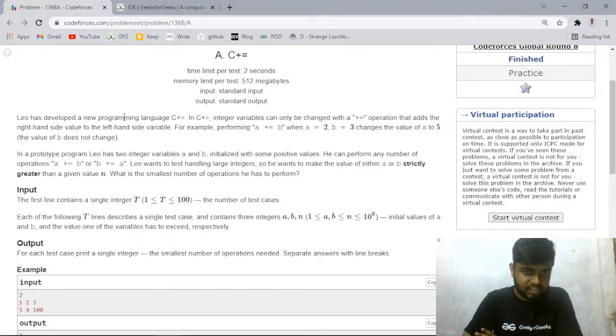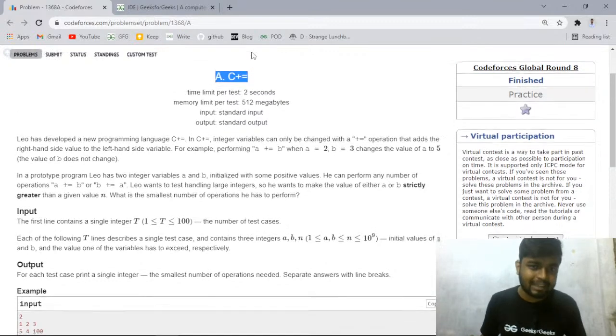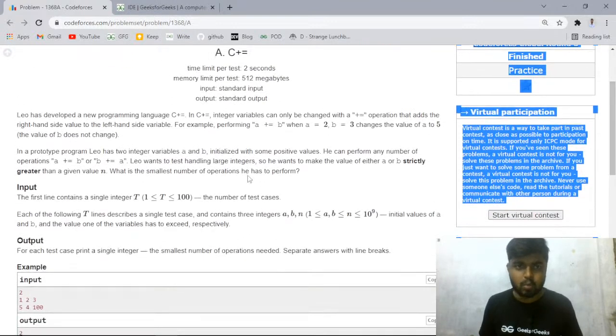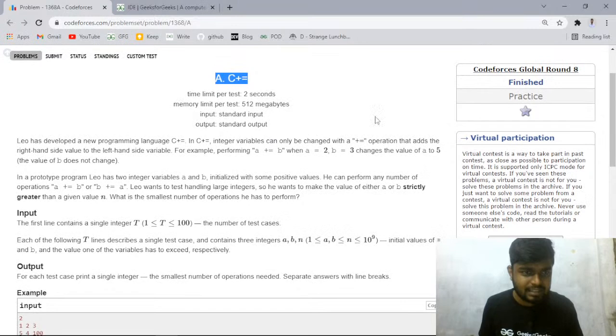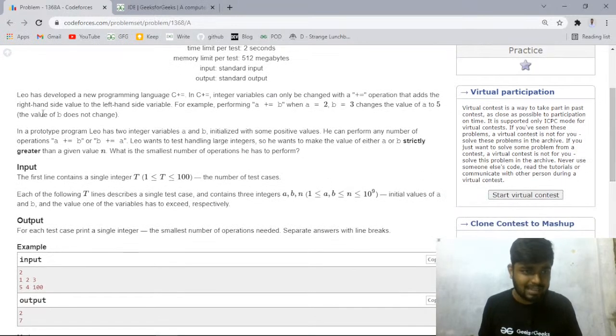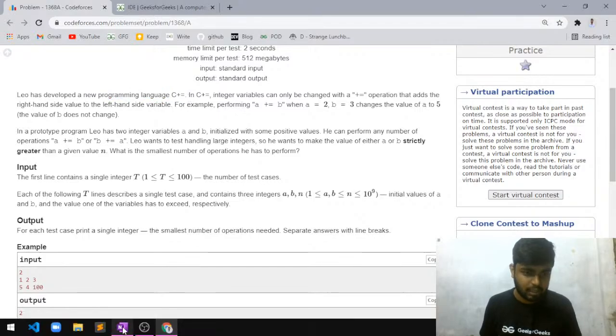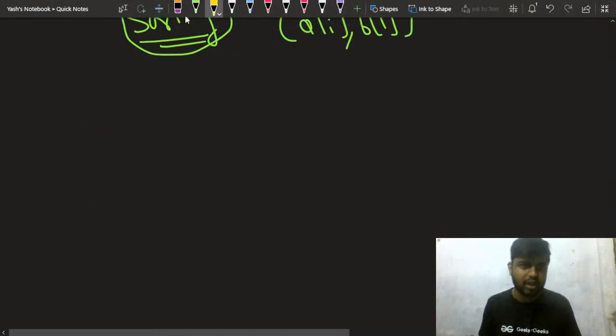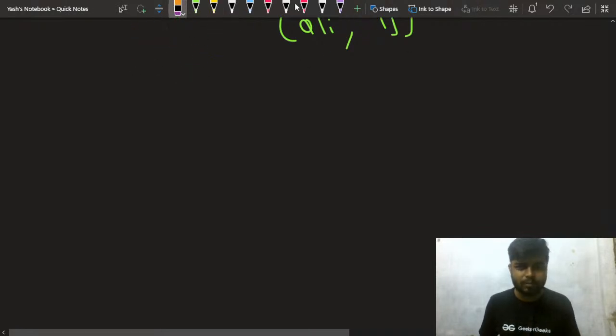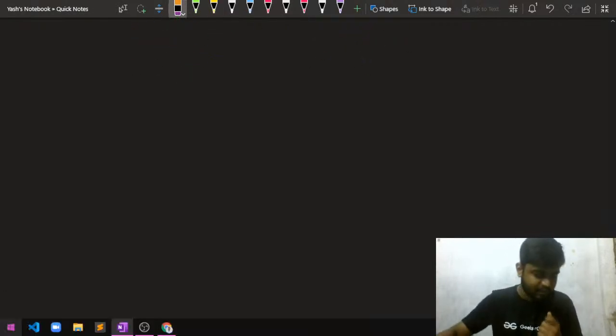Okay. So this is the second problem that we'll be taking today. The problem name is C plus equal to. Okay, and it says that Leo has developed a programming language which is known as C plus equal to. Okay, so let's make some space for this. You can see that the problem was 1400 rated, but just before moving ahead,